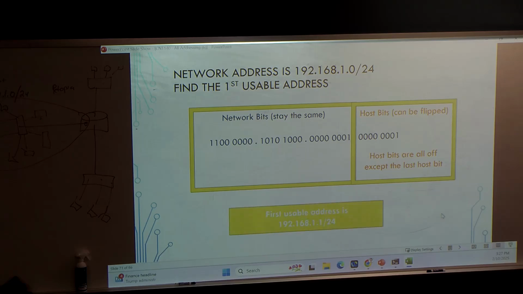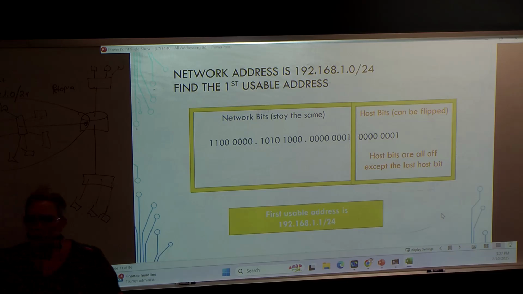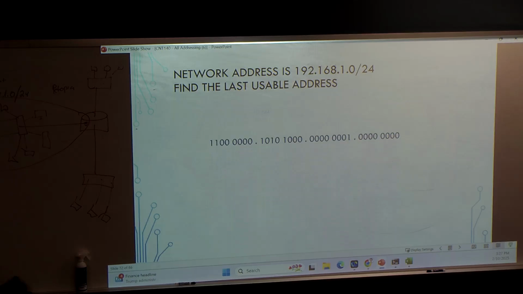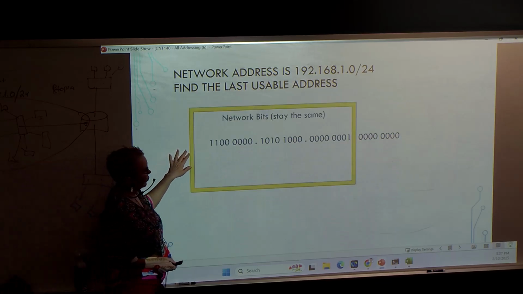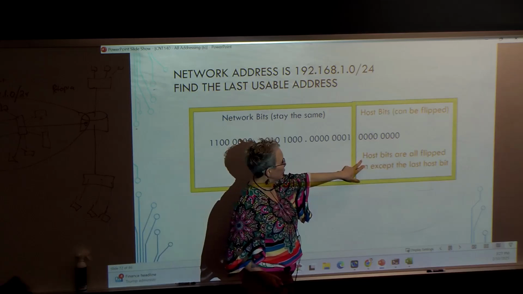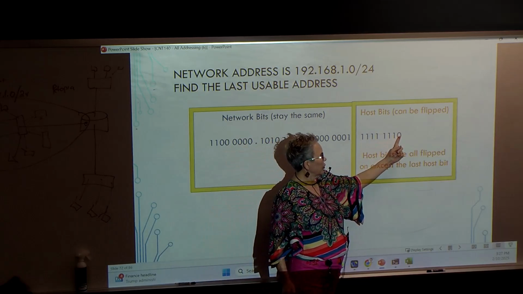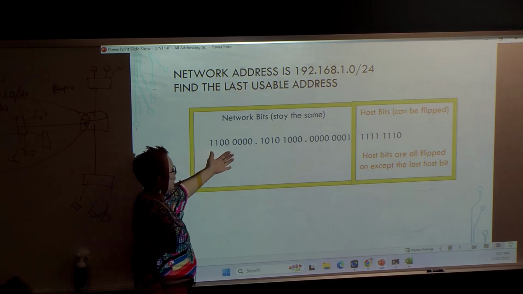So this was our first usable. Now what was the definition of the last usable? All host bits on except the last one, okay? So we're going to come back here. We're going to start with our network address. Here's our network. Here's our hosts. We're going to flip these all on except the last one. Now we know